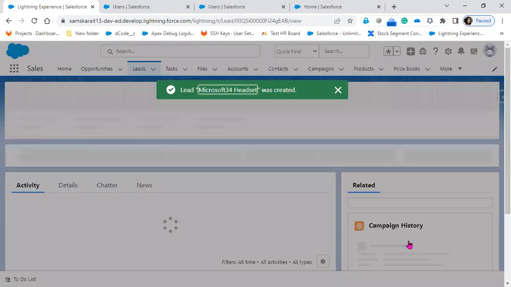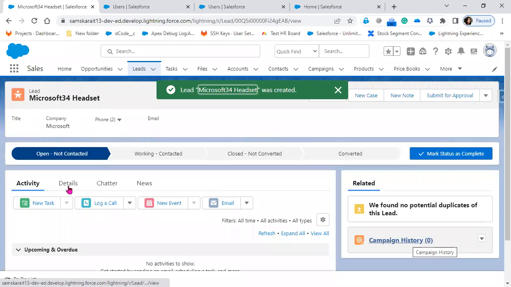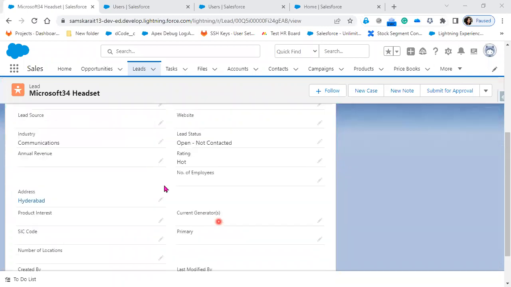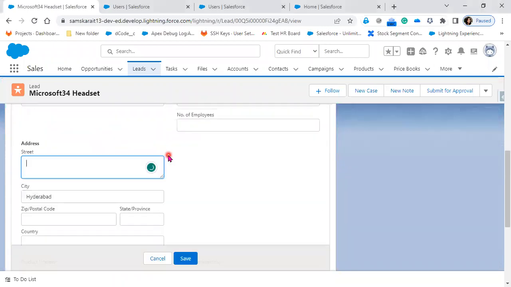As a system admin, I'm doing it. So as a system admin, if I do it, did it apply or not? Yes, it is applied. Now I can see here, it went to the Hyderabad sales queue. Now, if I update the record, for example, I'm updating from Hyderabad to,